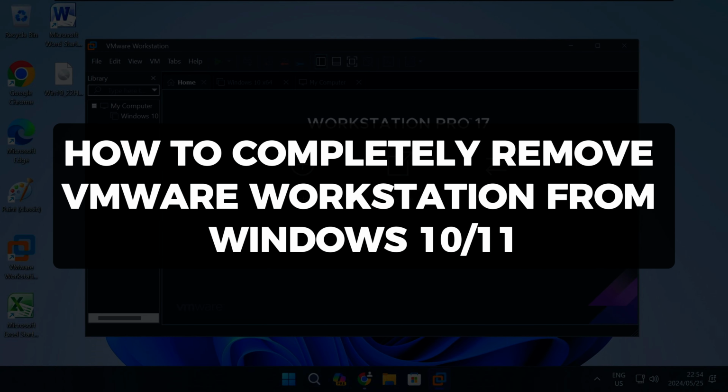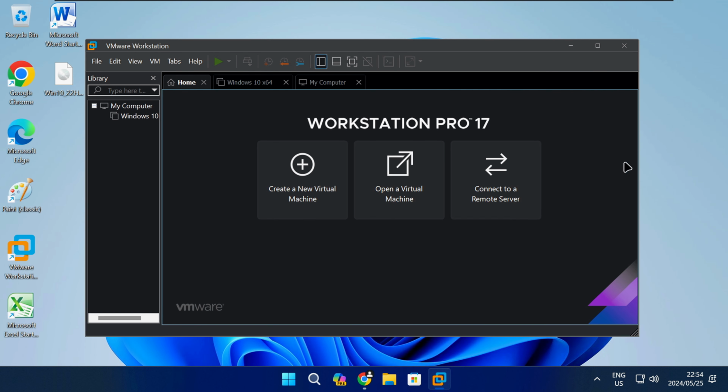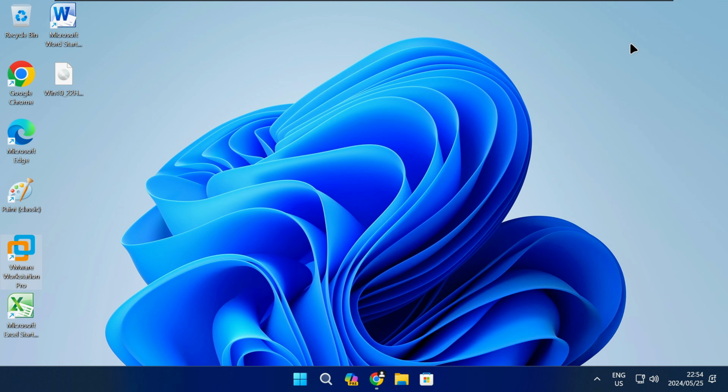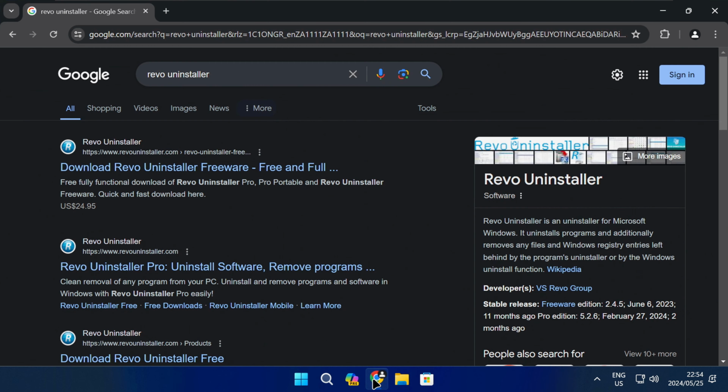In this video, I'll show you how to completely remove VMware Workstation from Windows 10 and 11. As you can see here, I've got VMware Workstation on my computer, and that's what I'll be removing from my PC in this video. You can start by opening your browser of choice and then doing a Google search for